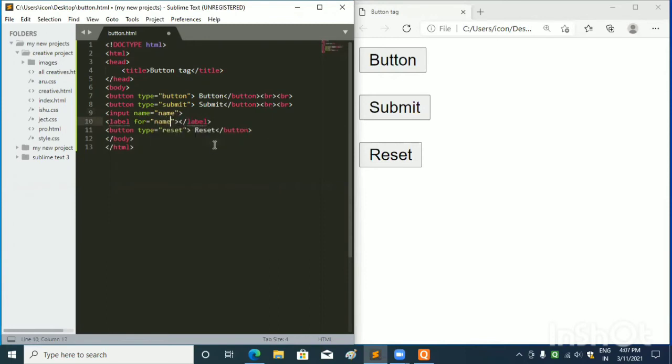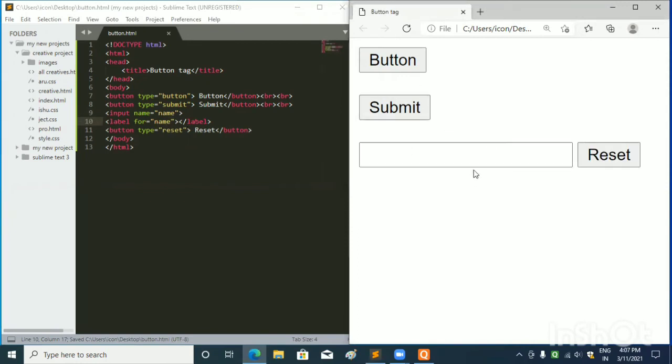And when I save this and refresh the browser, you can see one filling form like line has came here on the web page.